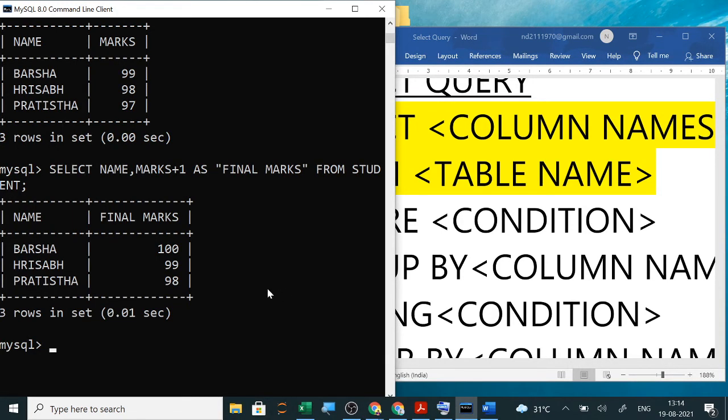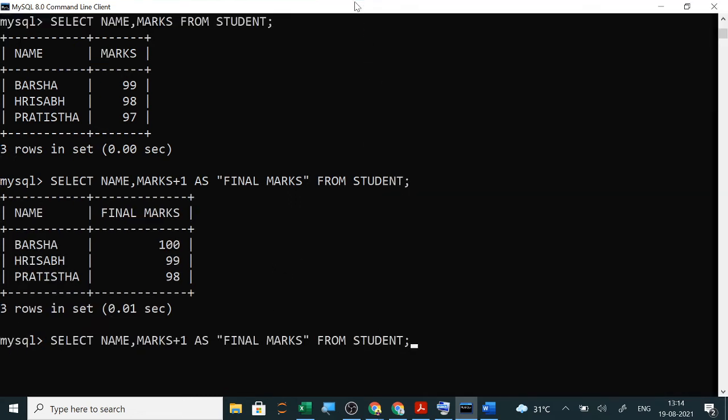So where condition is used to check any condition. Now in where condition, if I want to see only some records, like only roll number 1, and I want to see the name. The question is display the name of roll number 1. So display the name means select name, whatever you want to display that you have to write. From table name is compulsory. Now where is optional if any condition is given. Roll number equals to 2, I am giving, suppose.